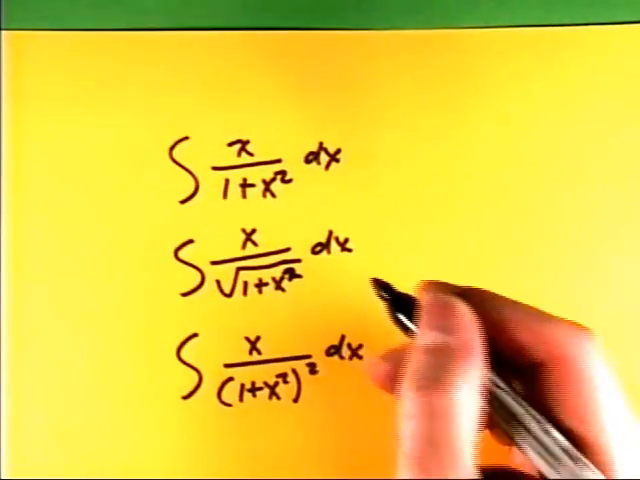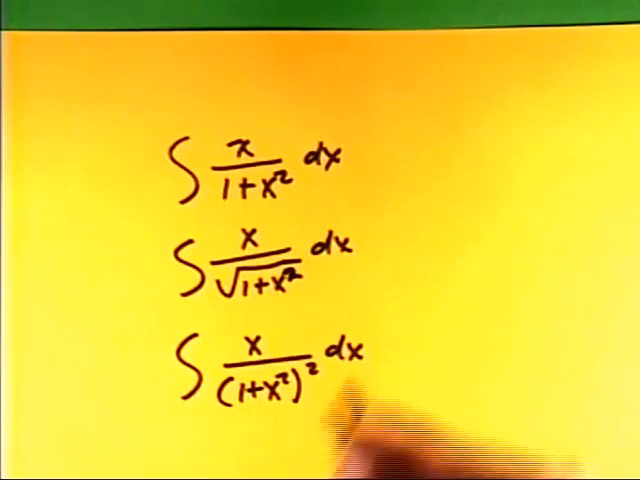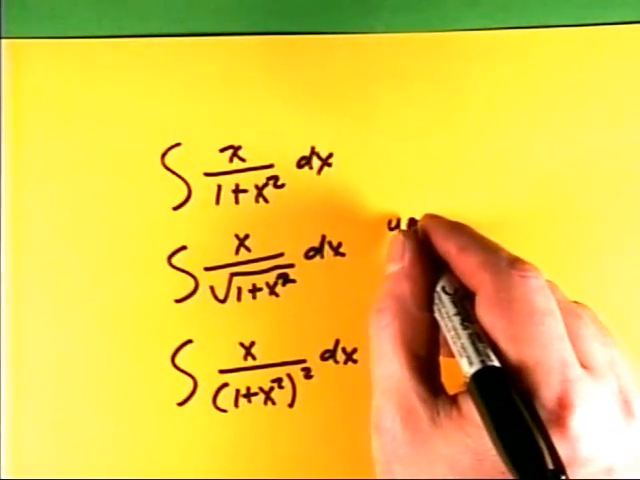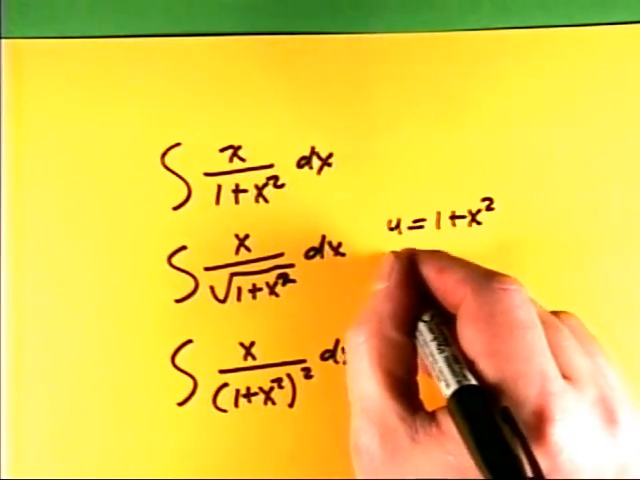What do you do, Jared Olds? Okay, you find u. And what's u equal to? U equals square root of 1 plus x squared. Okay. And you derive that. du equals